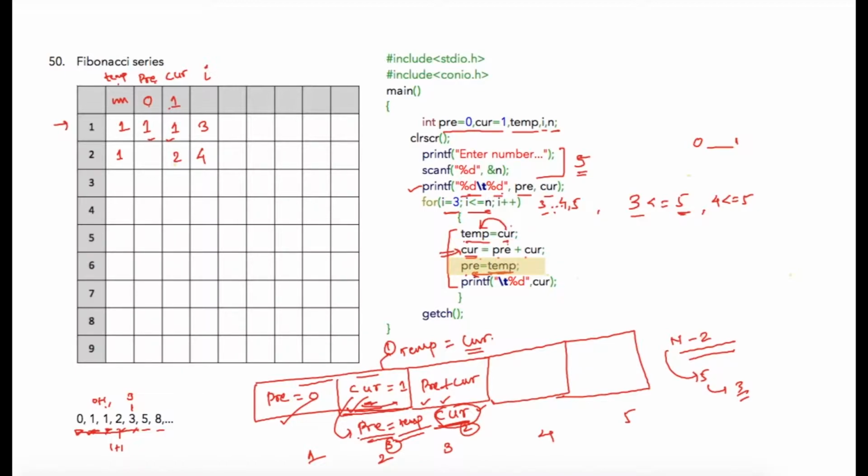And in the third step the value of the temporary variable will be assigned to pre. So the current value is 1, so that will be stored into pre. After that I will be incremented again, it will become 5, and the condition will be checked as 5 less than or equal to 5, which is again a true condition. So I has become 5, the condition is true, so again program control will move inside the for loop, and again